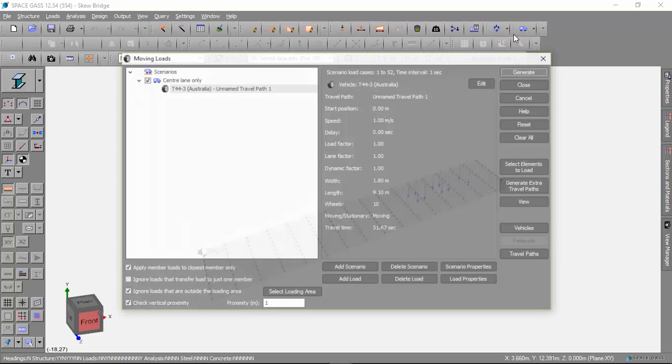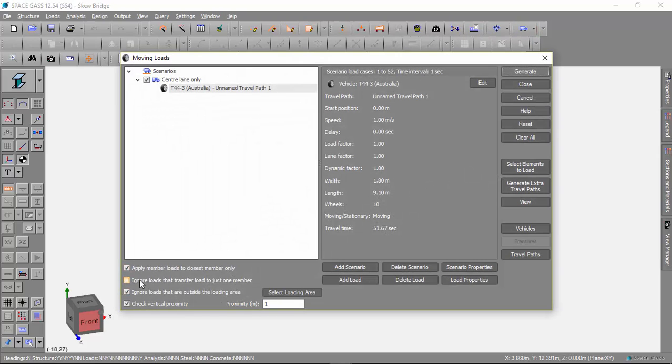Another option that you need to be aware of is the check vertical proximity option and the associated proximity distance field. And this is useful if you've got multi-layer structures. Say for example you might have 2 bridge decks, one running above another, and each one's got different moving loads on it. And so that you don't get those mixed together, the moving loads that are within this distance here